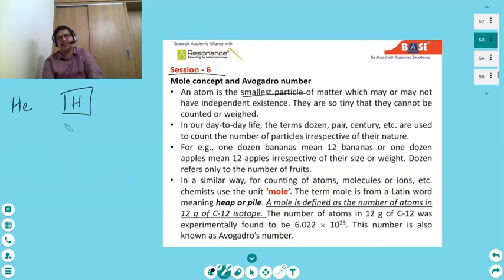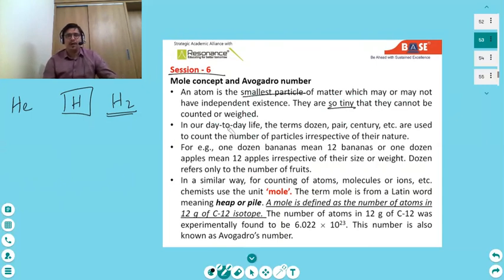It is stable like this in sun and stars. So I write molecule like this. So an atom is the smallest particle of matter which may or may not have independent existence. That is the meaning of that. They are so tiny, they are very small, that they cannot be counted and weighed. If suppose I ask you to count 1 mole of 1 gram of hydrogen, you cannot count or weigh it